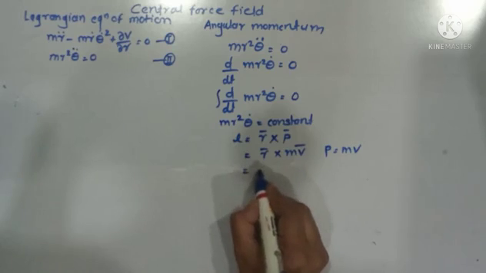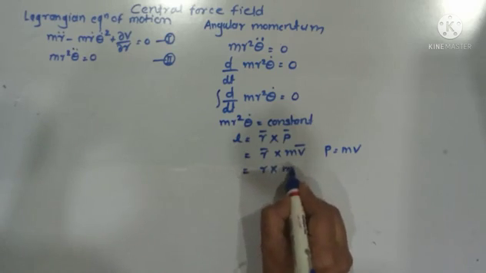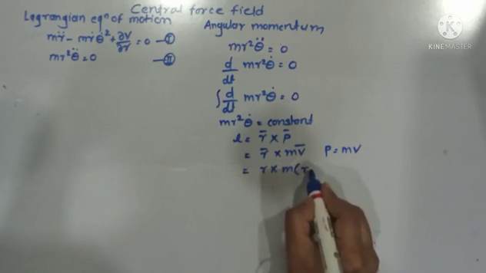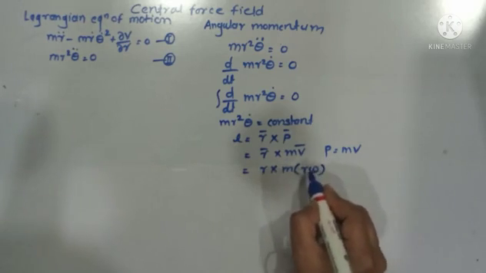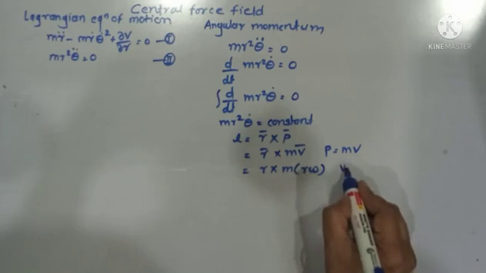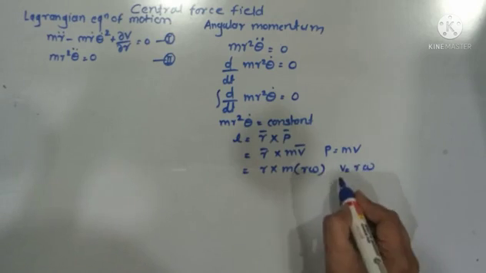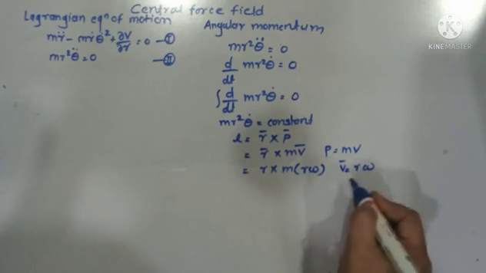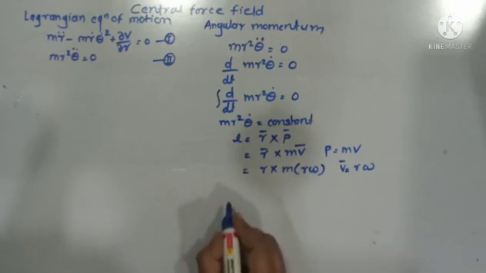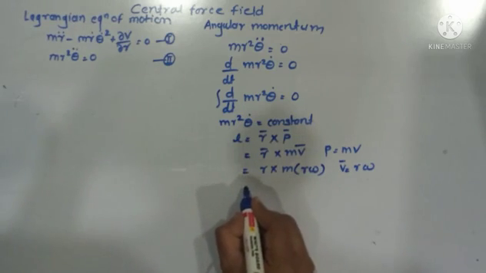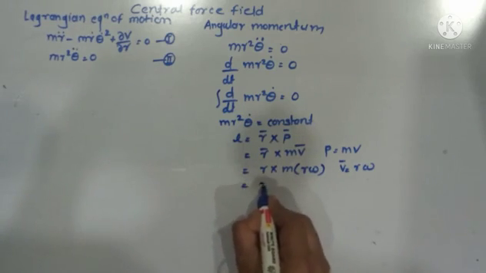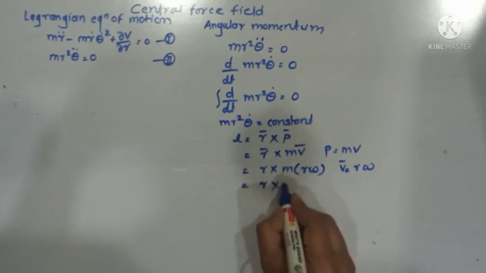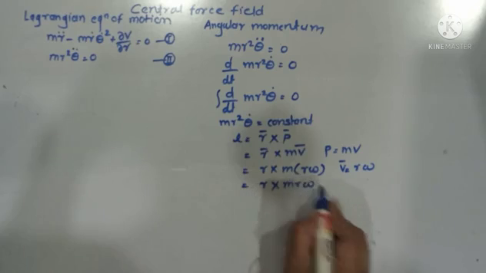Or I can also write r cross m cross r omega, where this v is equal to r omega. So this is the relation between the linear velocity and the angular velocity. v is equal to r omega. So I can write it r m r omega,